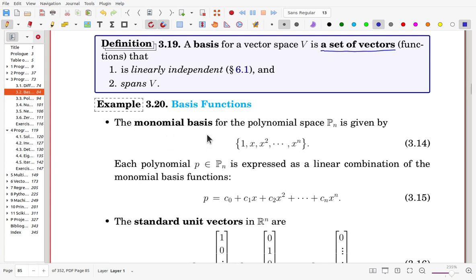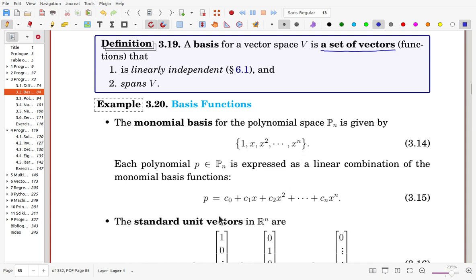The monomial basis for polynomial space Pn. This space is the collection of all polynomials of degree n or less than n. And for the polynomial space Pn, we can consider a monomial basis 1, x, x squared, up to x^n. And along with these